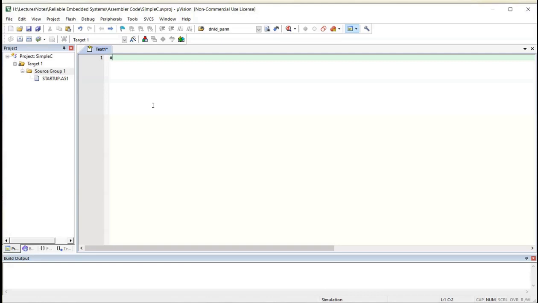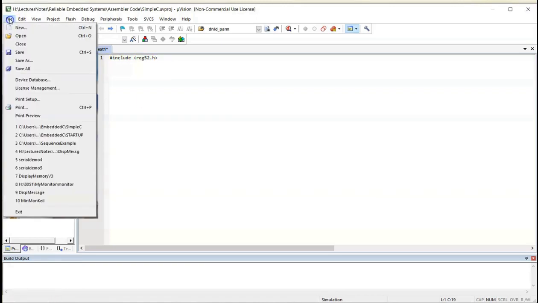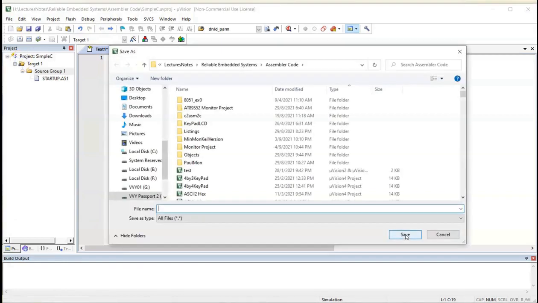So first is include, remember the header file is REG52. Notice I've used all lowercase, that's okay. Notice it's all in black at the moment, so let's save it first. So save as, in this file name box just type